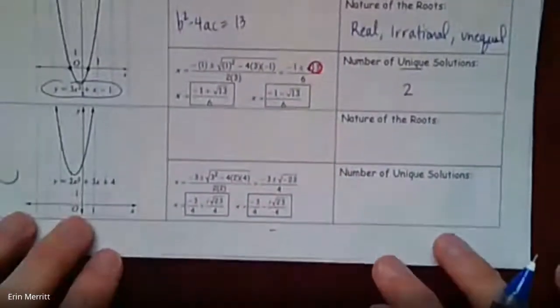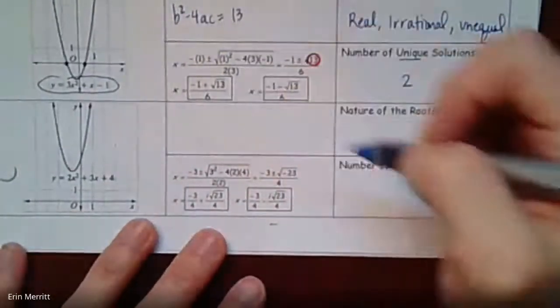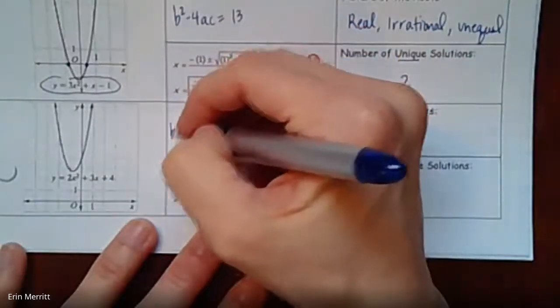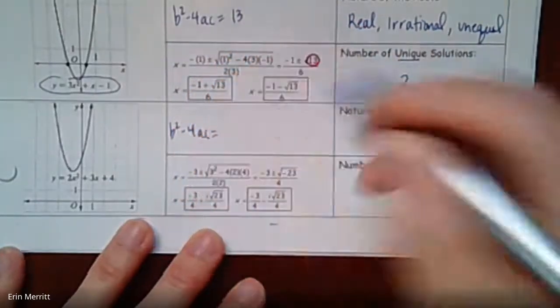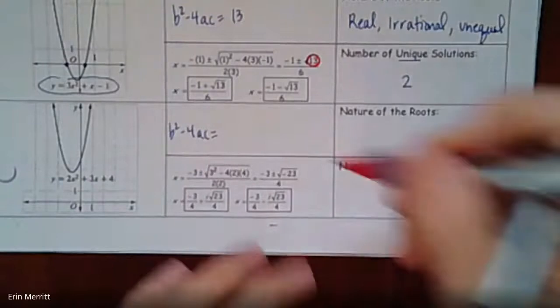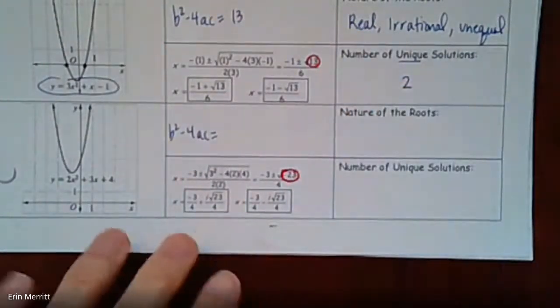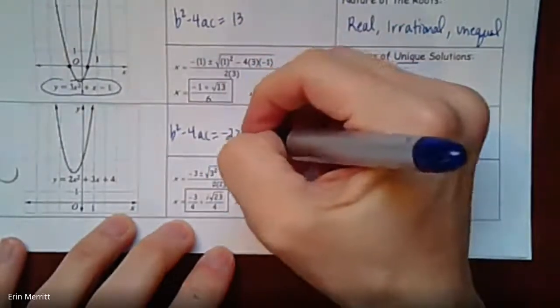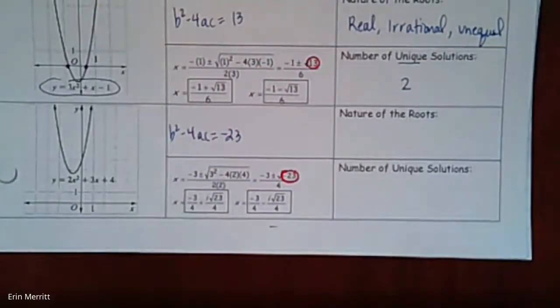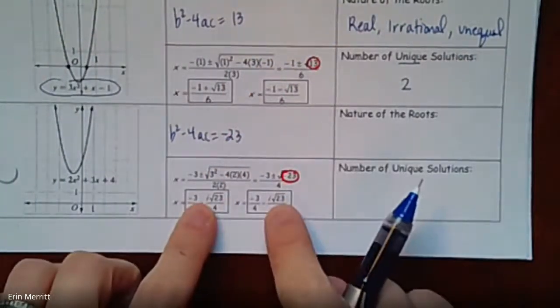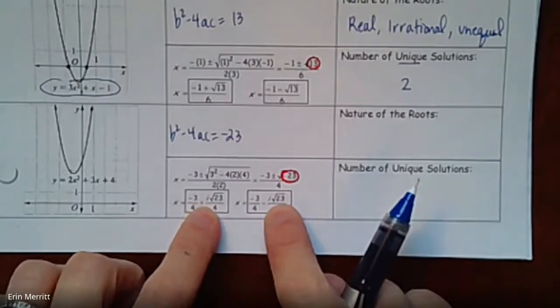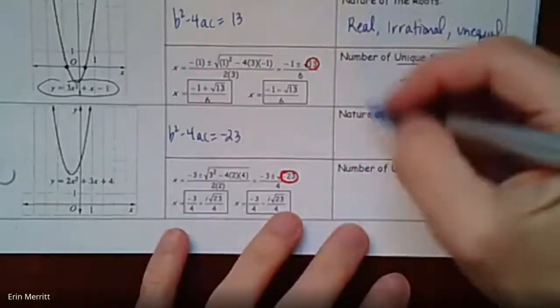All right, last case. The discriminant here, the b squared minus 4ac, comes out to be -23 underneath there. All right. What do you know about the roots? Well, look at those roots. The one thing that stands out to me is the i in there. They are imaginary,